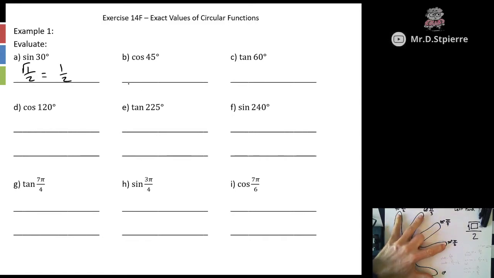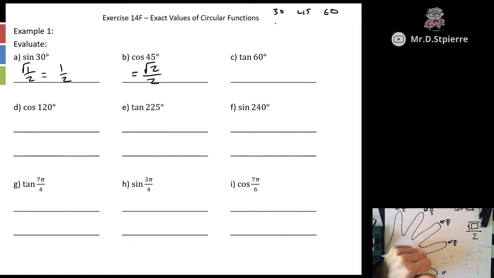Cos of 45, middle finger, cos is across, a horizontal component, 2 fingers across, so that is equal to root 2 on 2. Tan of 60, okay, well we have, and this is where we do 30, 45, 60,